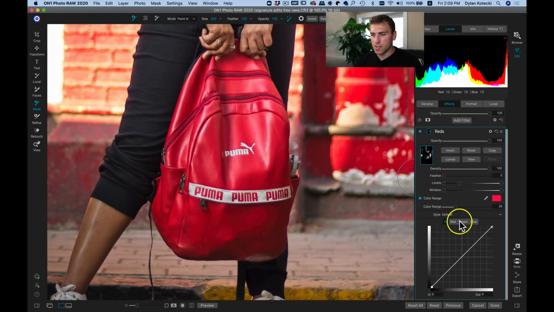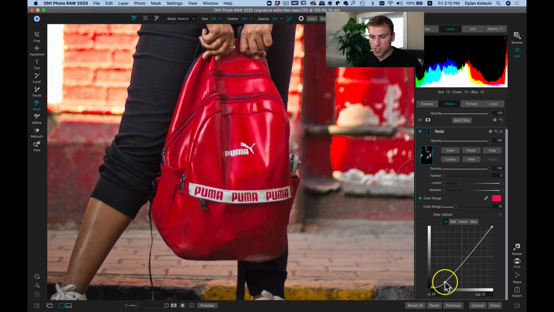And what I want to do with this curves filter is I want to deepen and darken the reds. And by using this curves filter, I can pull back on the shadow tones. So I'll grab a point on my shadow tones here, and I'm just going to pull it down. And you can see it's just going to enrich in these reds with a little bit more color because we're darkening, we're adding in more gray, so we're saturating. And then I'm going to pull up a little bit of my midtones just to make sure that they're popping still. So if I turn this off and on here, I love what it's doing to the reds in the shot,